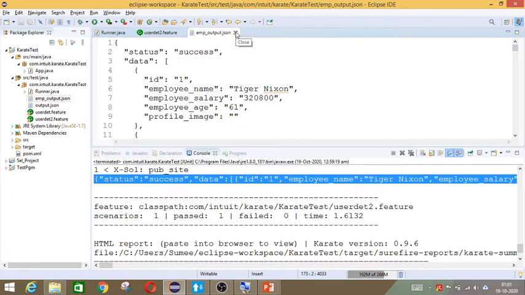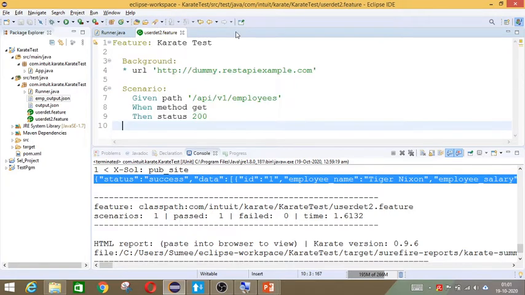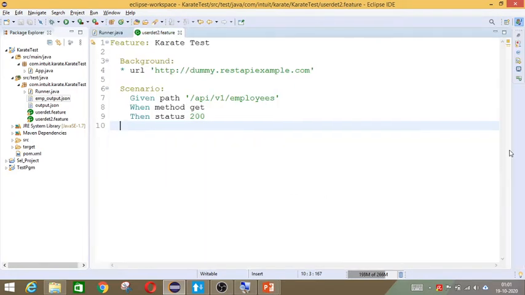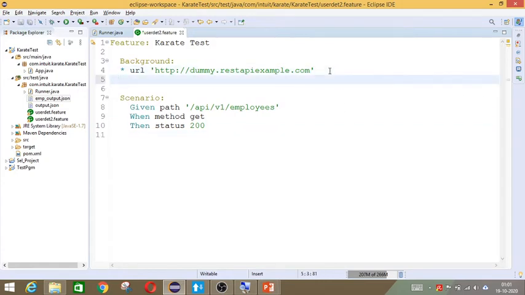Okay, now the next thing we have to do is provide the file detail in the feature file and compare with it. So the first thing to provide a file detail is, after the URL, you define the file name.